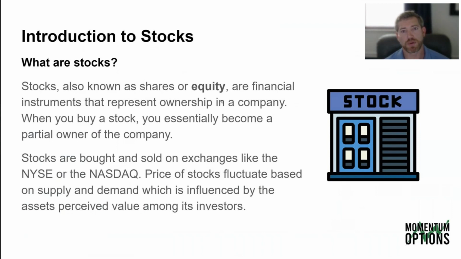So something to consider is that all of these stocks are going to be influenced by perceived value among the investors. So a stock is only worth what we all agree to pay for it. And if we all suddenly say it's not worth that number as investors, then the price will either go down or up, depending on what we're saying. Maybe we're saying that it's not worth that because it's worth more. And if it's worth more, then we're going to be buying it, and everybody's going to be buying it until the price starts to reach that equilibrium at the price that we all perceive it to be worth. So just something to consider.